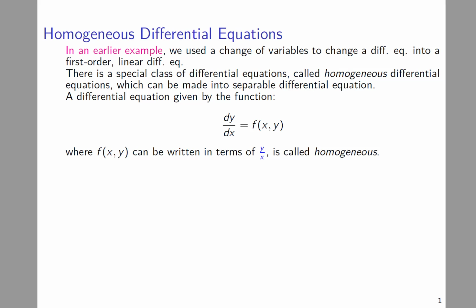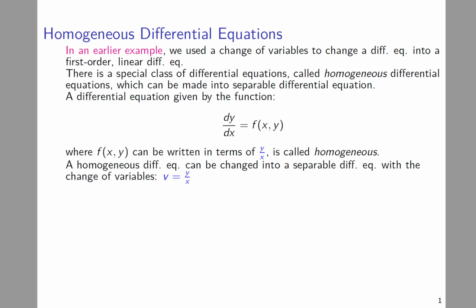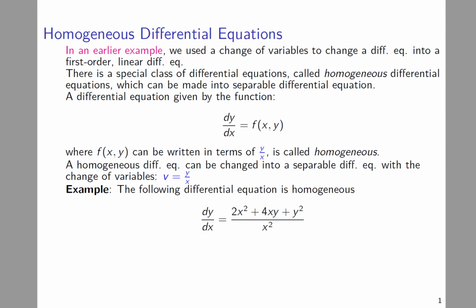A differential equation given by dy/dx equals some function f of x and y, where f of x and y can be written in terms of y over x, is called homogeneous. A homogeneous differential equation can be changed into a separable differential equation with the change of variables v equals y over x. As an example, the differential equation dy/dx equals (2x squared plus 4xy plus y squared) over x squared